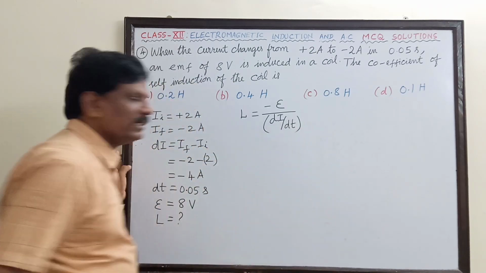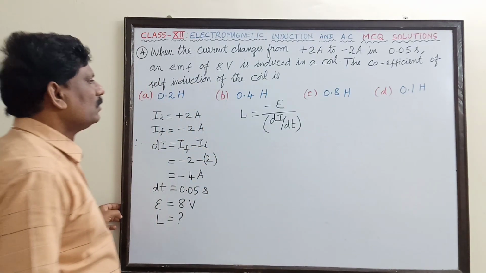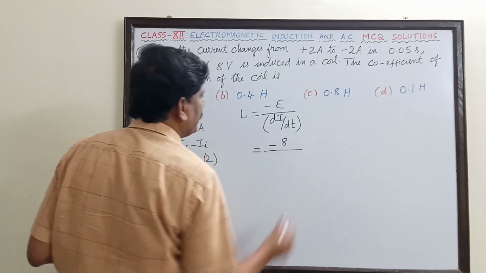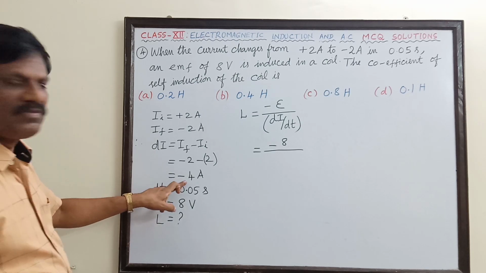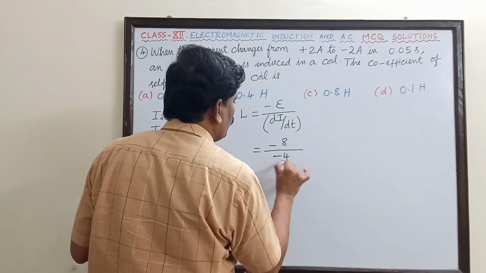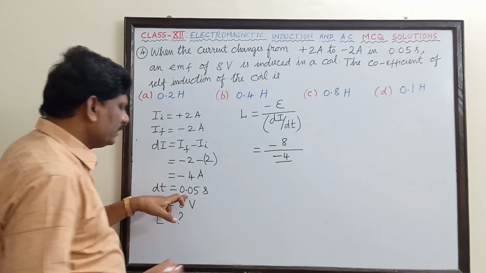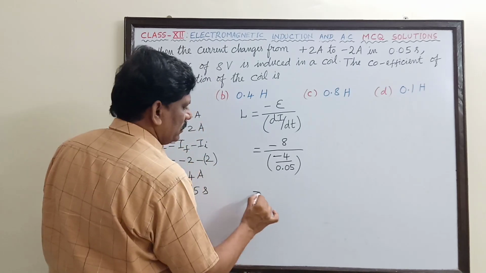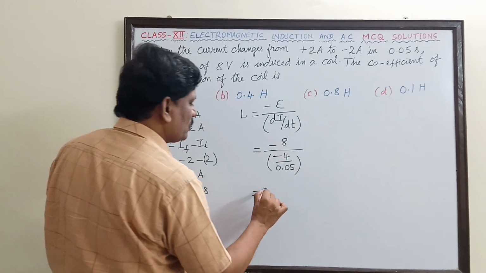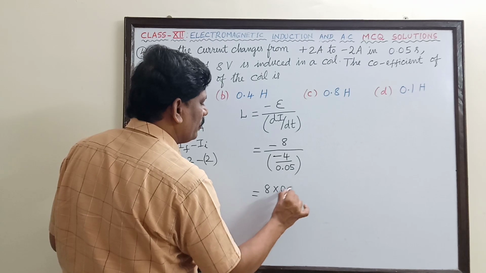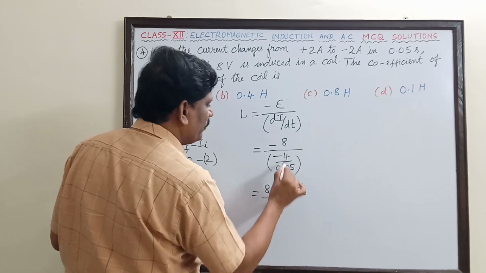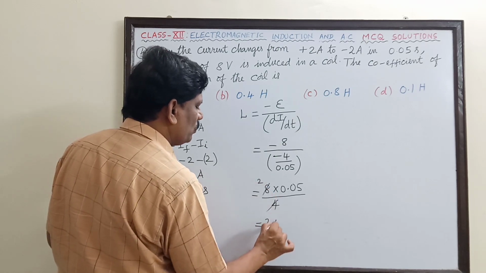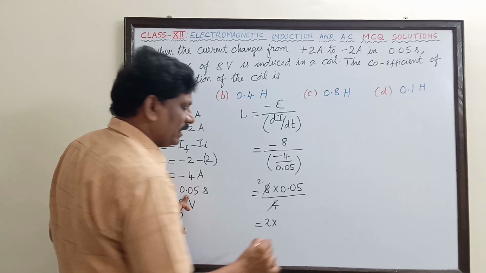di by dt. So this is now equal to minus of 8 divided by di, which is minus 4, divided by dt, which is 0.05. So the minus and minus get cancelled. So this will be 8 into 0.05 divided by 4. So 4 2s are 8. So this is 2 into 0.05, which can be written as